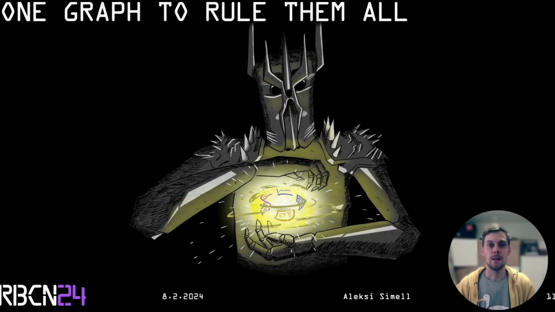Everyone knows that Sauron wanted to dominate all life with some magical rings, but only a few people know that Sauron initially wanted to be a data scientist, and he wanted to make the perfect graph that would solve everyone's problems at any given time, so that anyone in Middle-earth could just glance at that graph and get a perfect understanding of what is going on at any given time.